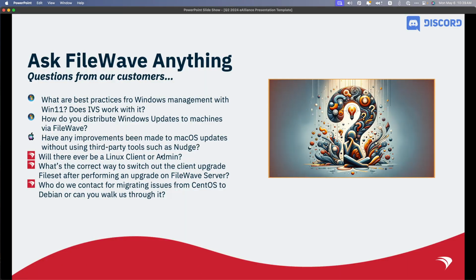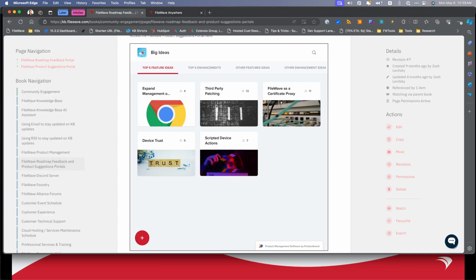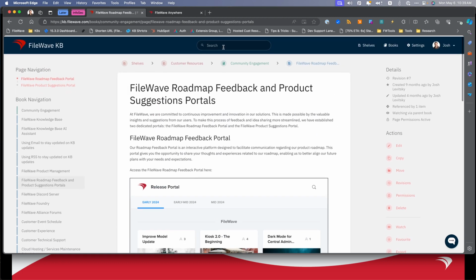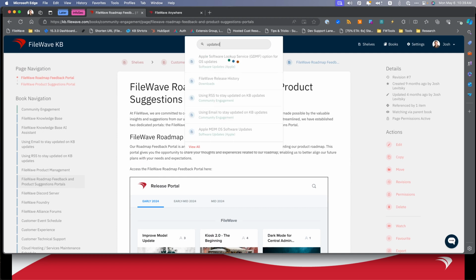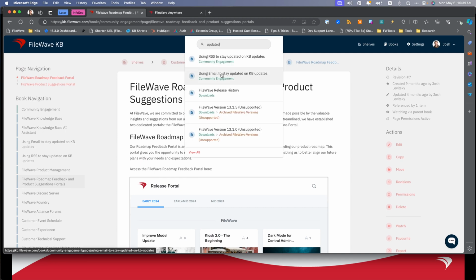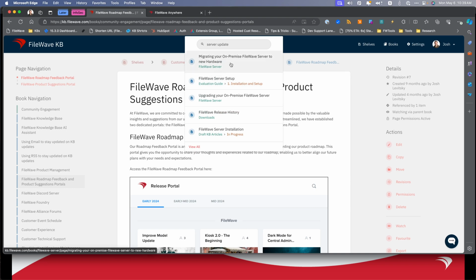So that one's simple. And then the correct way to switch out the client upgrade file set after performing an upgrade on a FileWave server. So there's a couple of articles. So then, server update. There is,